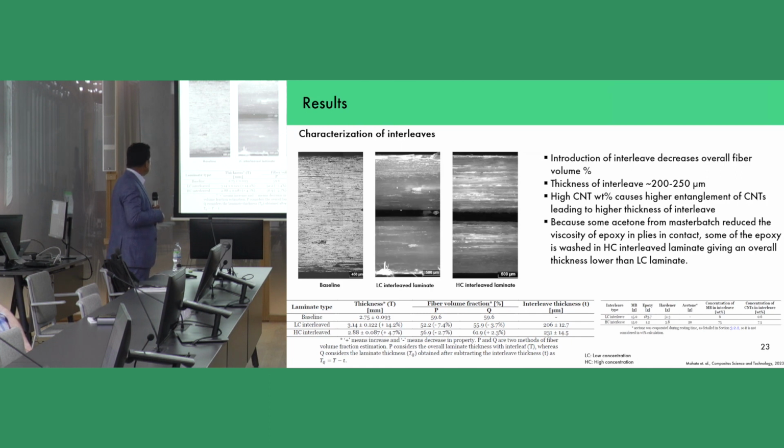Also in HC interleaf, here you can see HC interleaf was diluted as a master batch containing epoxy and carbon nanotube. So we need to add a compatible hardener to this master batch. Once we add this compatible hardener, the weight percentage in the mixture reduces to about 7.5%. To mix this, I introduced some acetone, and this acetone was removed when the interleaf was transferred from